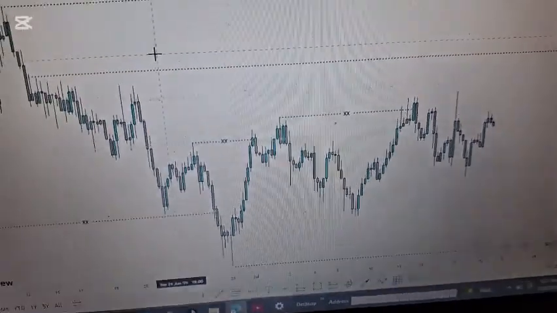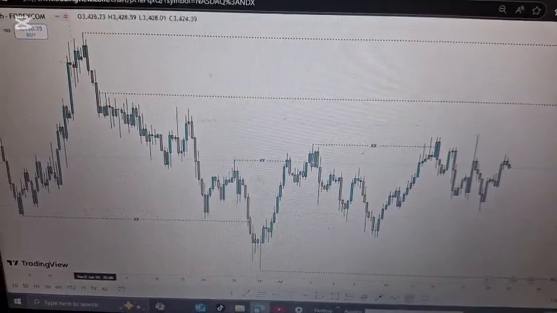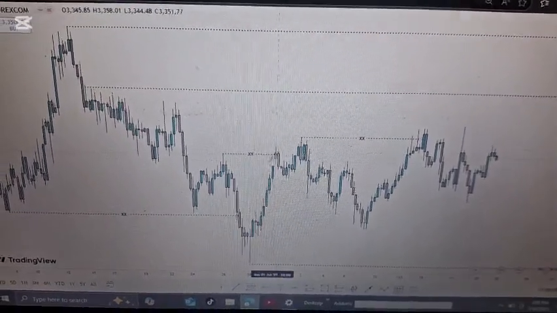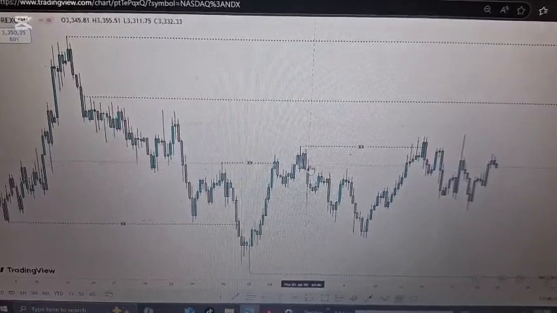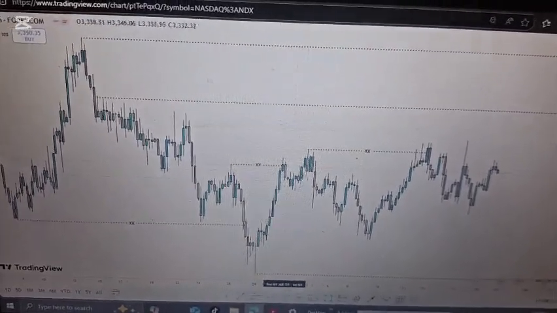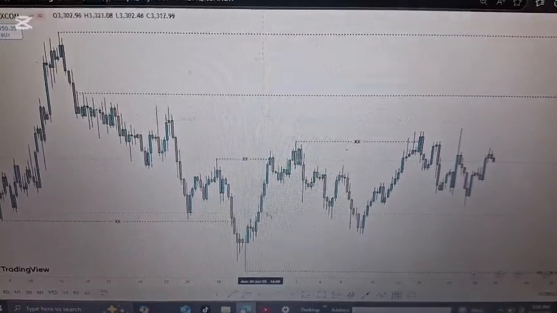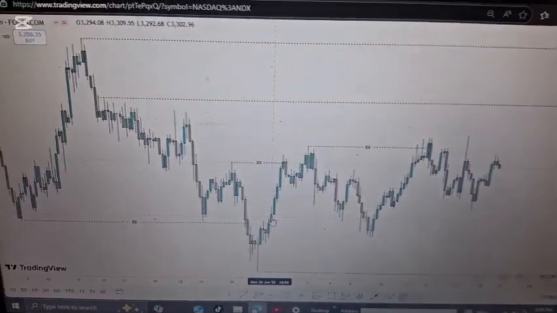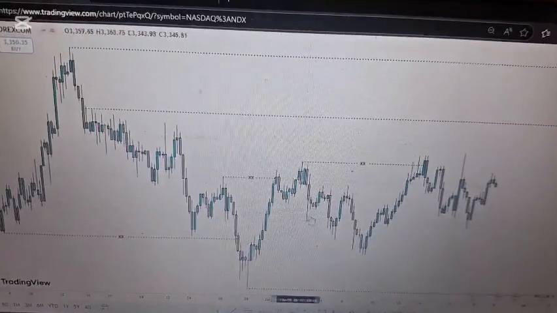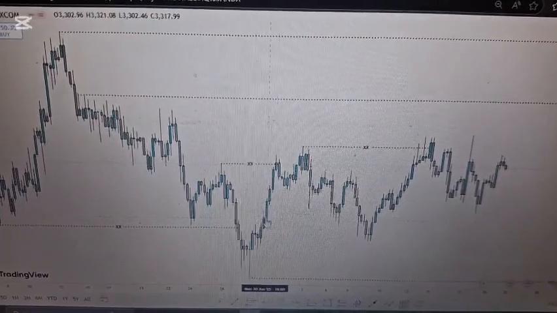So I did the annotation. As you can see, let me just explain. Here it was relative equal lows, price broke the low, came back inside, did a market structure shift, broke this high. Now it's changing direction from sells to buys. Came back inside just to retest at the 75% level. Is it OTE, optimal trade entry? I think it's OTE or something like that. Came back to retest somewhere here.